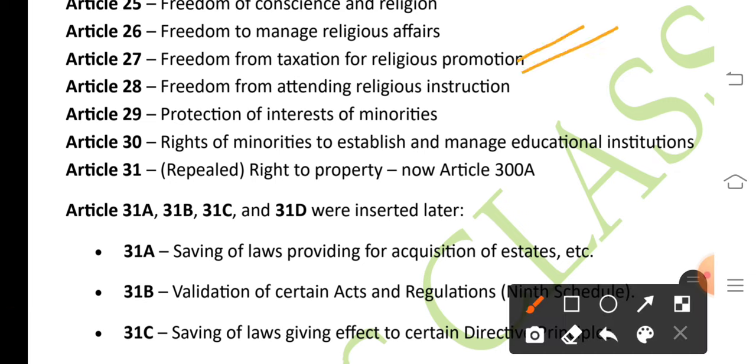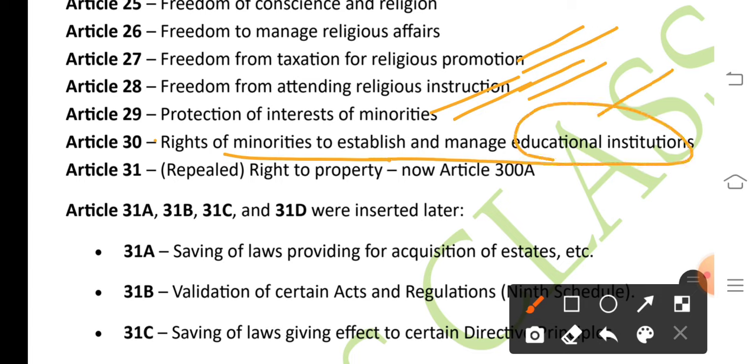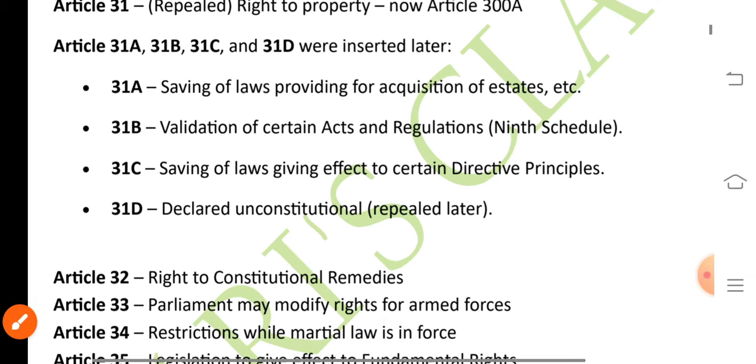Article 28, freedom from attending religious instruction. Article 29, protection of interests of minorities. Article 30, rights of minorities to establish and manage educational institution. Article 31, it was repealed. That is the right to property, was repealed and now added to Article 300A, which makes it constitutional right, previously